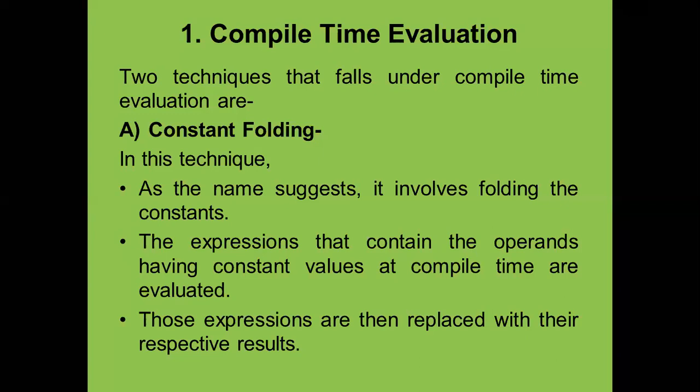Those expressions are then replaced with their respective results. So in this case we will replace such expressions with their respective results. What type of result are we getting? We will just compress those expressions. No need to write the long expression in the form of the constants 2 into 6.28 and again into pi. No need to write the expression like this. Just compress it, multiply it, and then replace it by the respective result. If we do this, then again the compile time will reduce.